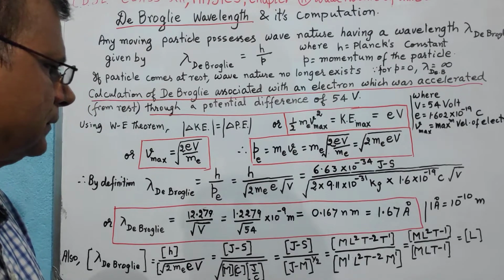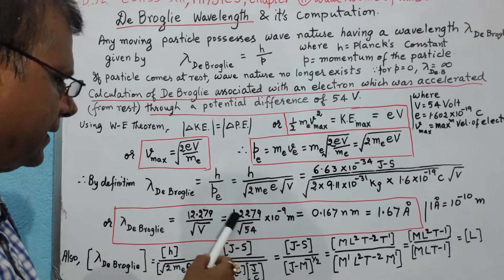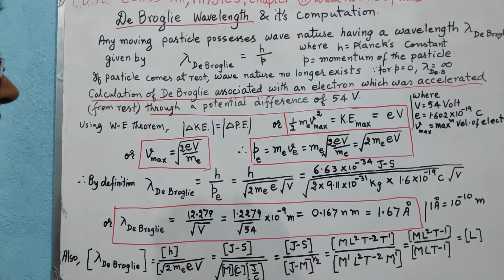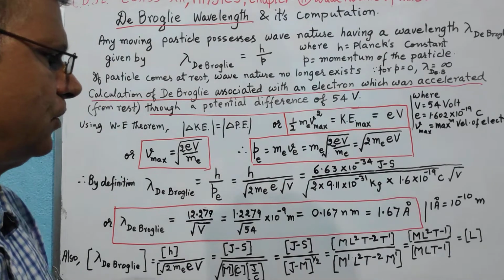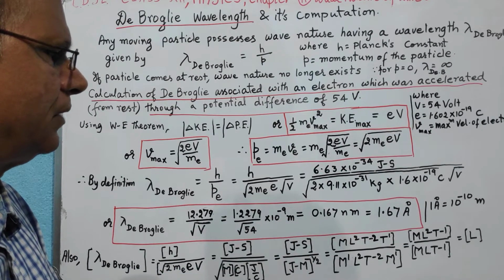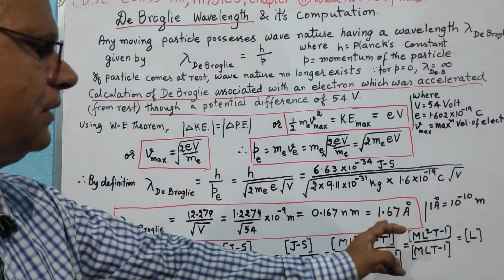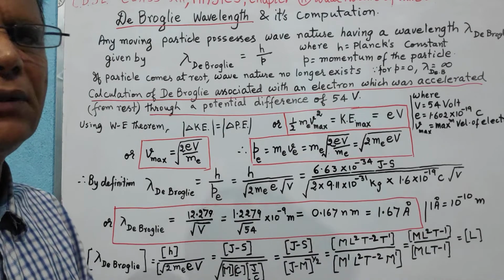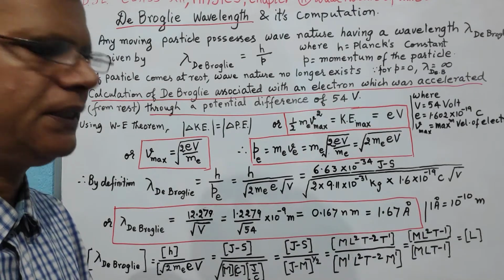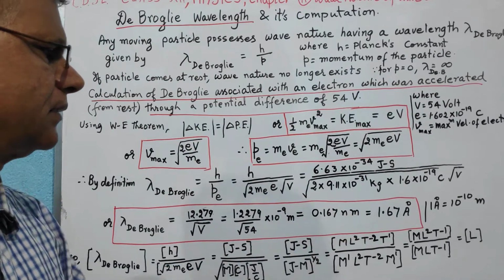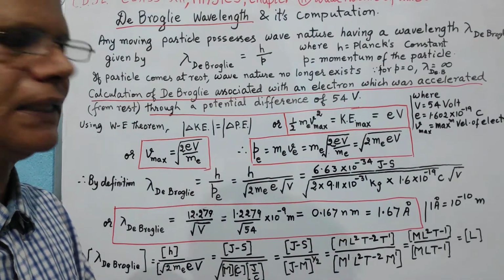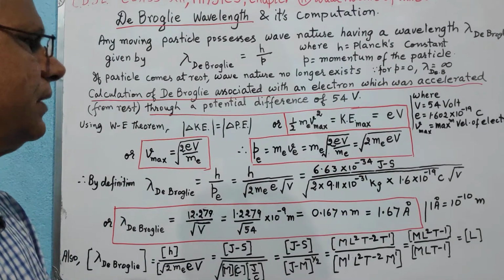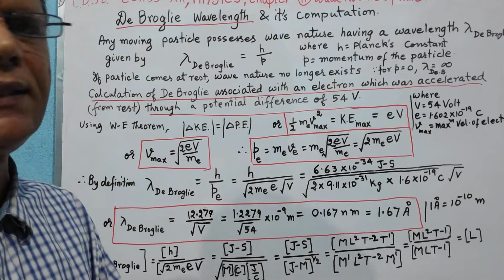When this numerator is divided by root 54, you get this value 0.167 nanometer, which when written in the form of angstrom becomes 1.67 angstrom. You must be knowing that 1 angstrom is equal to 10 power minus 10 meter, and nanometer refers to 10 to power minus 9 meter. So this is how we have calculated the de Broglie wavelength associated with those electrons which have been accelerated through